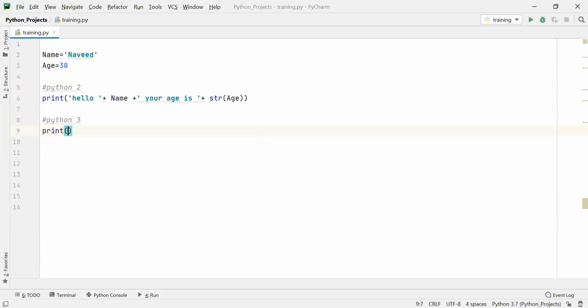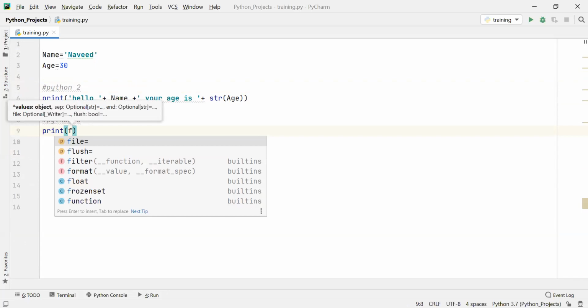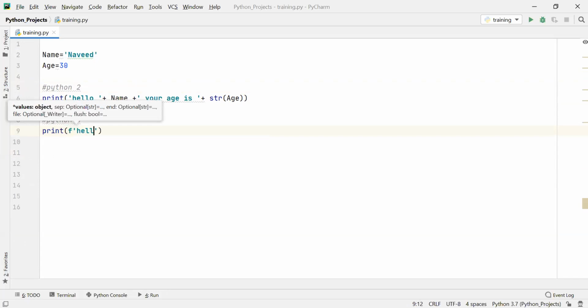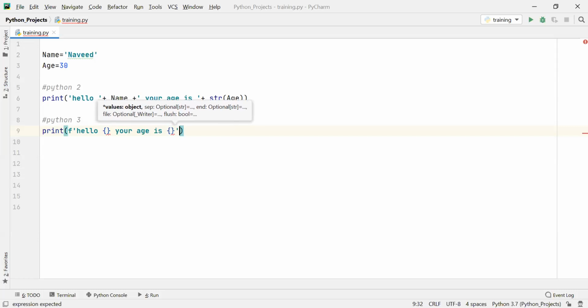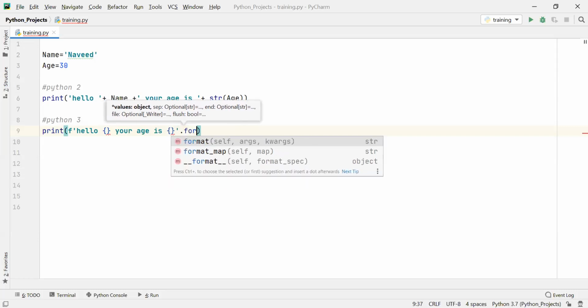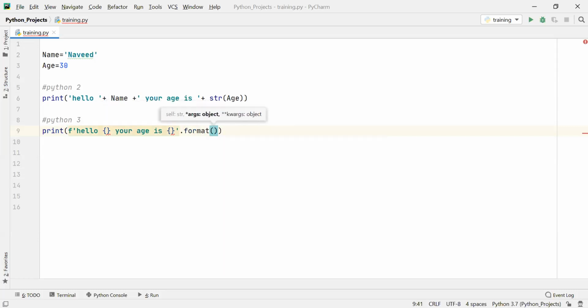We are going to use print, then we are going to use F, then hello, then name, your age is, age, close it, dot format. Format what? Name, comma, age.